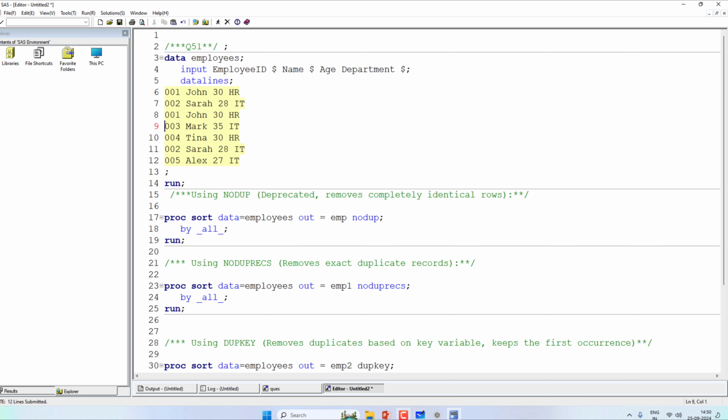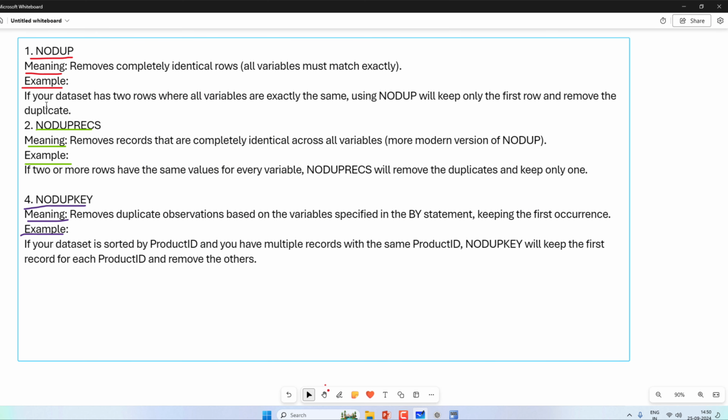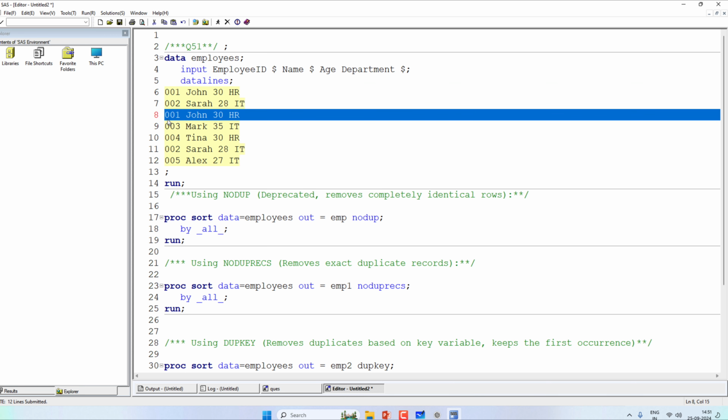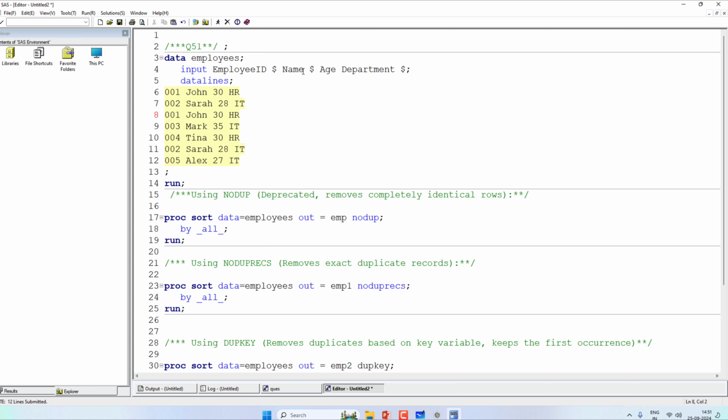If your data set has 2 rows where all variables are exactly the same, for example 001 and here also 001, employee ID 001 is the same, name is John and John, age is 30 and 30, and department is HR and HR. So those observations and also the variables are the same.